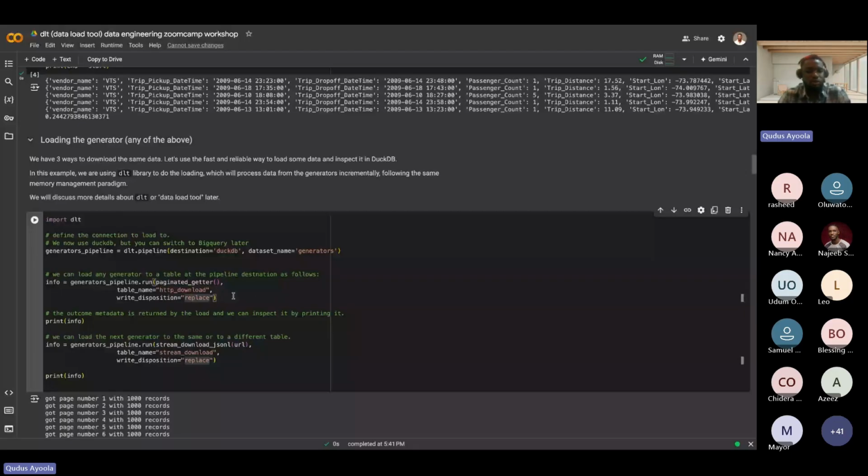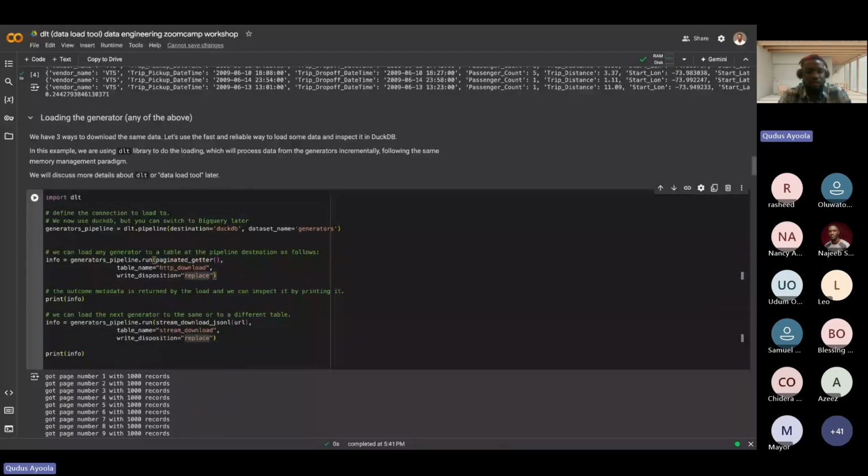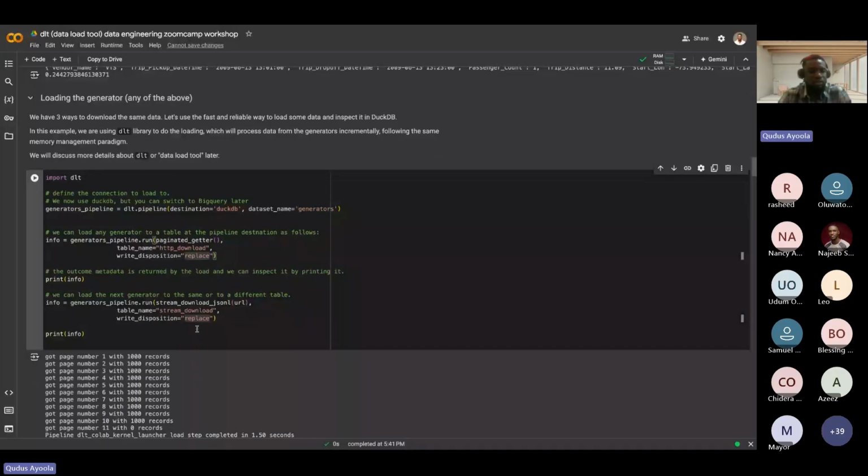You can do all sorts of data ingestion manipulation using your DLT. Right here we passed in our paginated getter script that helps extract our data in micro batches, and we also pass in our stream pipeline that extracts our records row by row in real time.